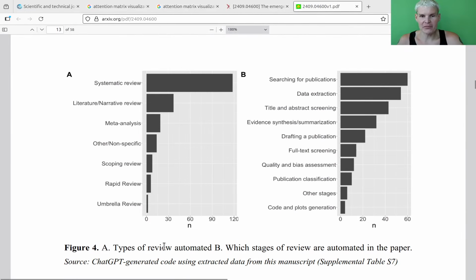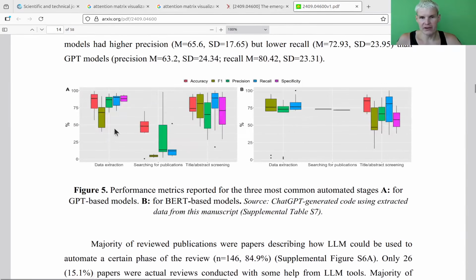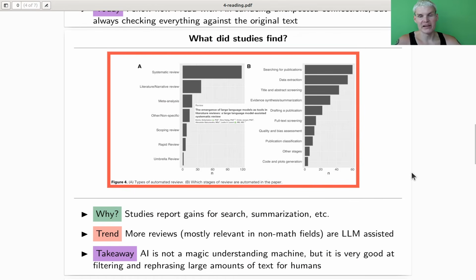So this one. Types of review are automated, right? So usually searching for publications, data extraction, title and abstract screening, things like that. So systematic review, because it's really good to make these connections, right? And they also have an evaluation of the different things you can do. And it turns out searching for publications, I don't know why, turned out to be not that great in this evaluation, but everything else was pretty good. I would still make the point that searching for publications is actually worthwhile. Searching in the way that I'm going to explain